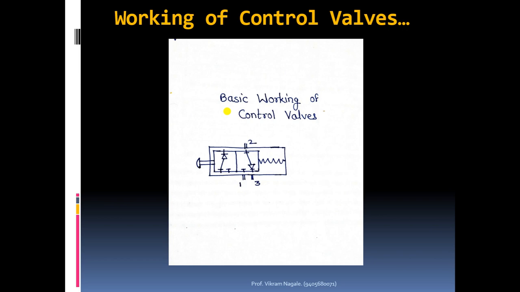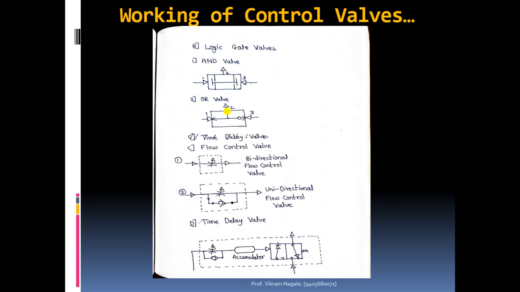Whenever we want to deactivate the left side block and activate the right side block, in case of a double sided valve, we have to release the pressure from the left side and apply pressure on the right hand side. In case of a spring return valve, we have to release the pressure on the left hand side. In this case, the spring will apply pressure on the right hand side of the block, and it will activate the right side block. So that is the logic. Now here some logic gate valves are there.